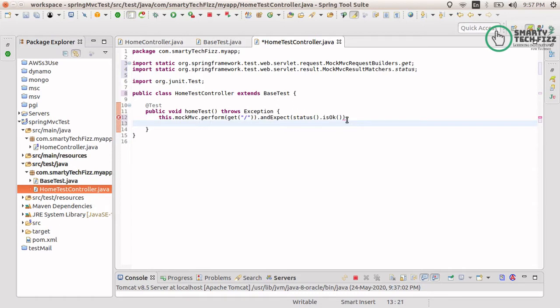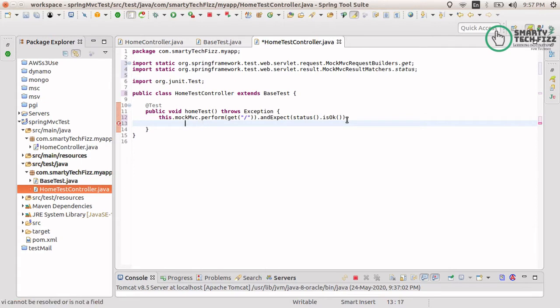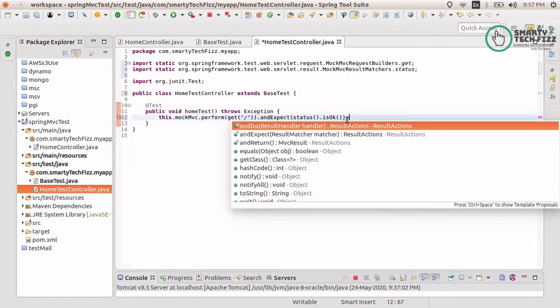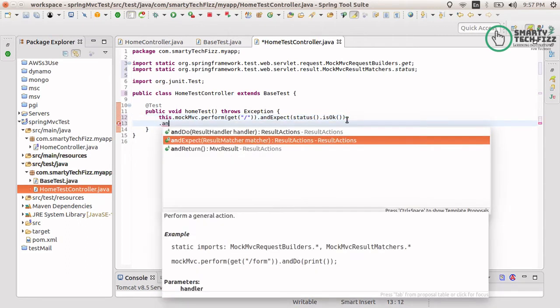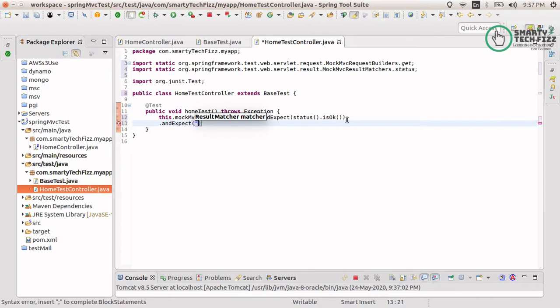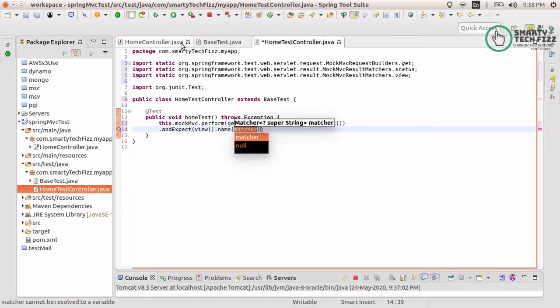It should be like this, dot view, and expect view dot name. So what will be the view name of it?